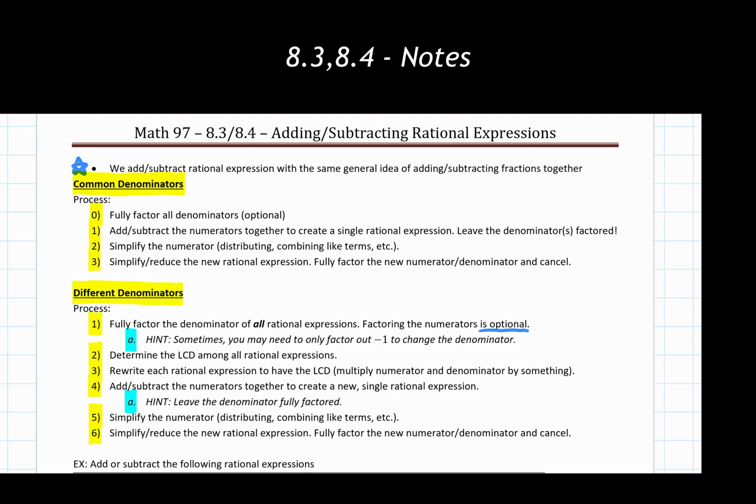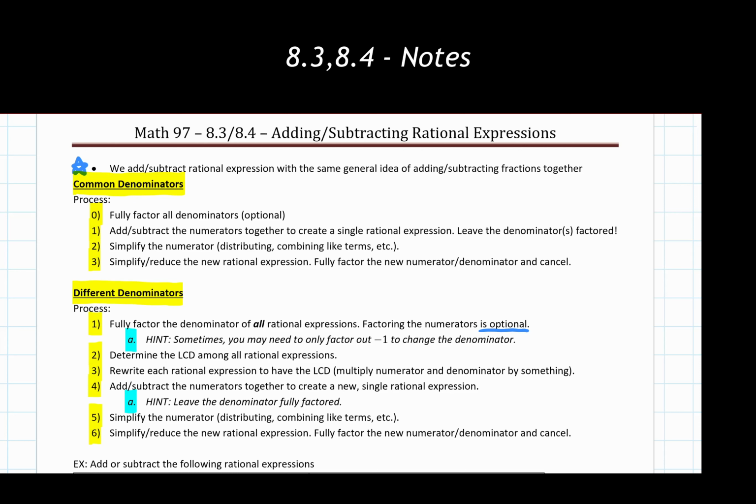Now in this step, I do want to note that in some instances, in our fully factoring of the denominator, we may need to sometimes factor out a -1 to do a small change to the denominator. And that's going to come into play with our second step. But sometimes just a -1, which just flips the signs of things, is necessary in these problems. And we'll see an example of that showing up here shortly.